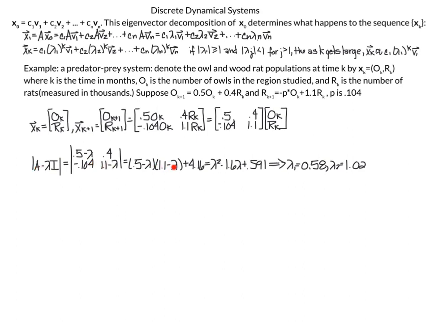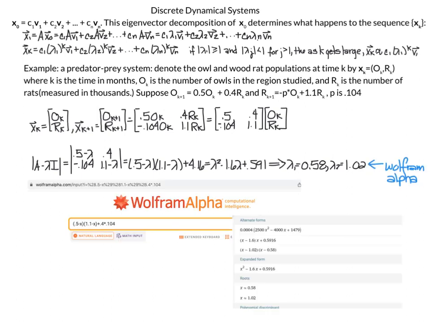and here I've written it out where I have lambda 1 equals 0.58 and lambda 2 is equal to 1.02. And I'm also just going to tell you, to help me with my algebra, I was able to do my cross multiplication here and then minus the cross multiplication here. But to help me to get to this point, I used Wolfram Alpha. So if you go online, you type wolframalpha.com, you type in your equation. I substituted x for lambda because I don't have a lambda on my keyboard, but I typed my equation in,